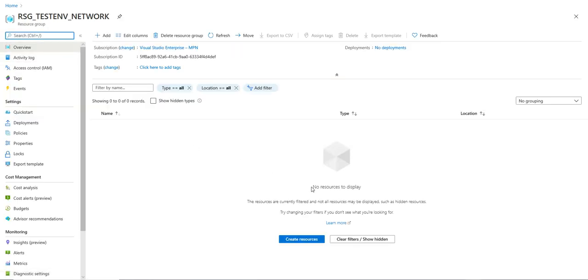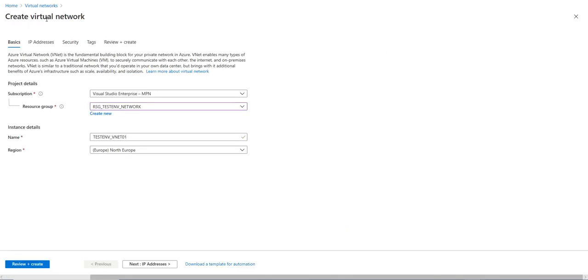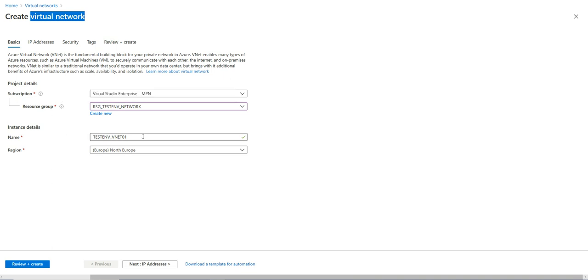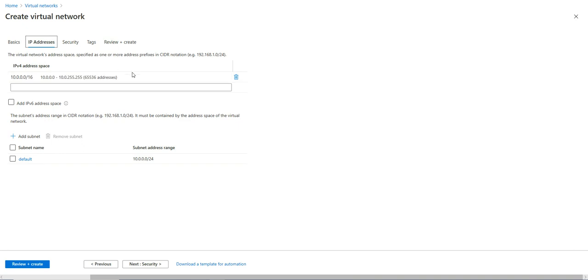So now the resource group has been created and we have currently no resources within it. So the first thing we're going to do is create a virtual network. To set up the virtual network, we're going to select the resource group that we just created in the previous screen and a name for our virtual network. So it's for the test environment, and we're just going to call it VNet 01 and put it into the North Europe region. Then when we navigate to IP addresses, we can see that it's added a default address space for us,